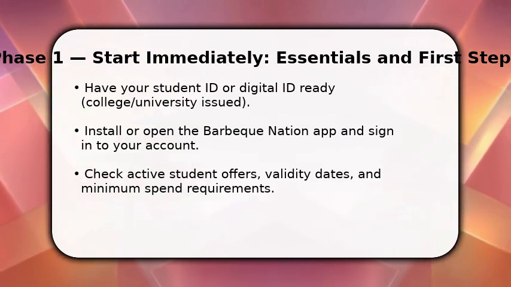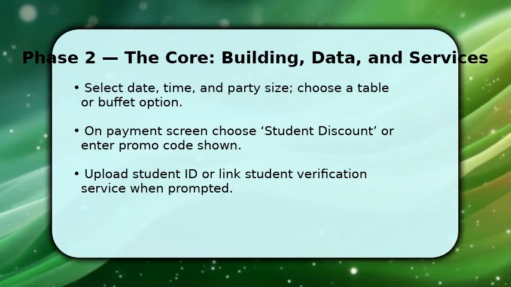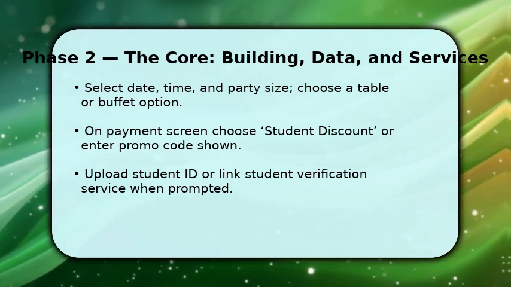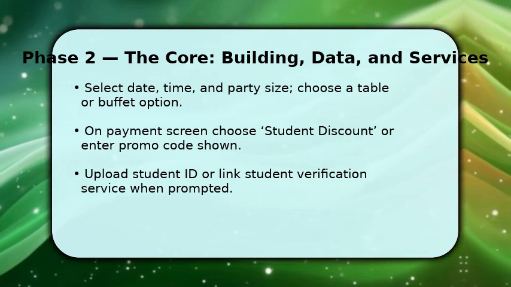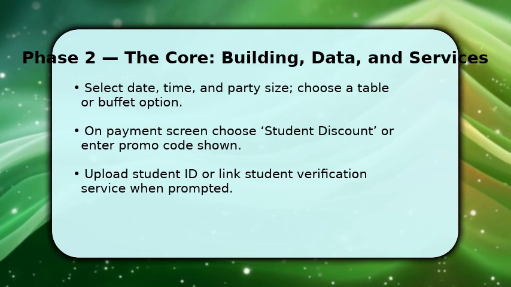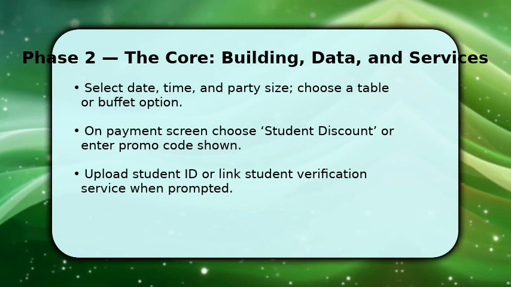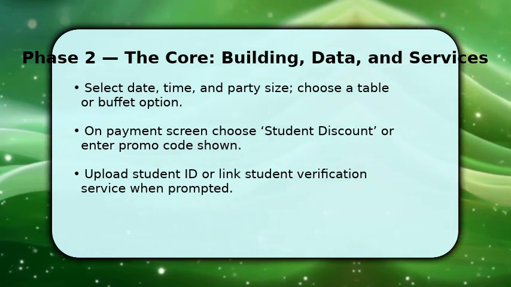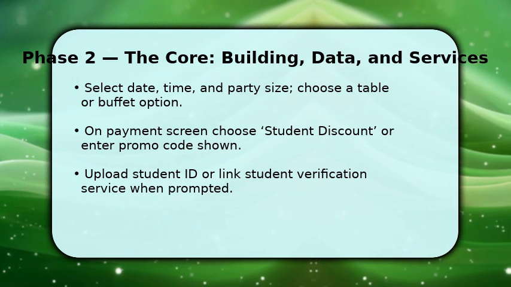You proceed to book a table or buffet slot. Pick date, time, and party size, then choose the payment path. When you reach the payment screen, look for a student discount toggle or a promo code field and select it. Then enter the code exactly, including any hyphens. If prompted, upload your student ID photo or connect a supported verification service. This step proves eligibility. Once done, confirm the adjusted total and continue to payment, making sure the discount appears before